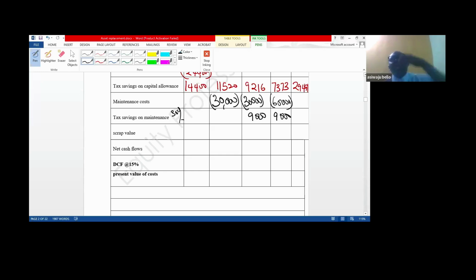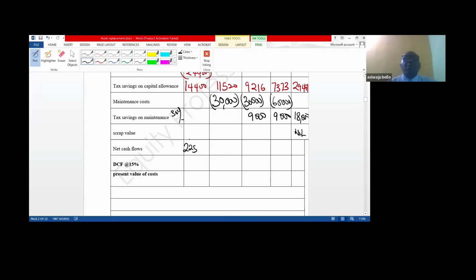Maintenance cost for year 4, 60,000, incurred at the start of year 4. The relief is 30% of 60. That is 18,000. For this option, there is no scrap value. If the asset is replaced after year 4, there is no scrap value involved. That means the scrap value is nil. Now get your net cash flow. This will give us